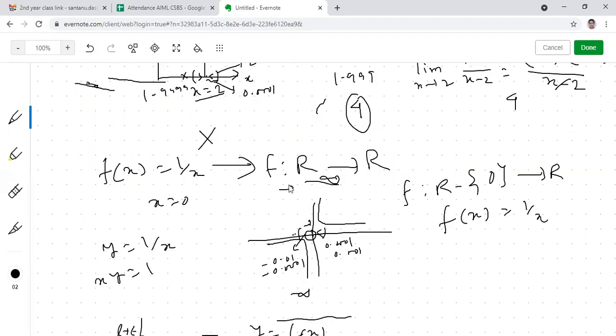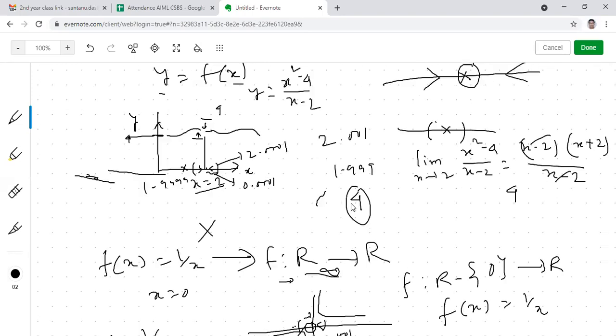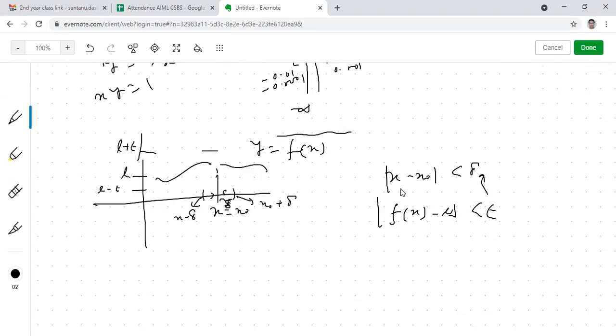But in the other case, this is not comparable because we are varying the independent variable in a small interval, but the functional value is varying in a huge interval. So in that case, we can say that the limit doesn't exist, but in this case, the limit exists. So the epsilon delta definition is this: we vary the independent variable x around x0 in a small interval of delta. If the functional value varies in a small interval epsilon, then we say that the limiting value exists. Is that clear? Is that clear or not? Is it okay? If you have any doubt, you ask me.